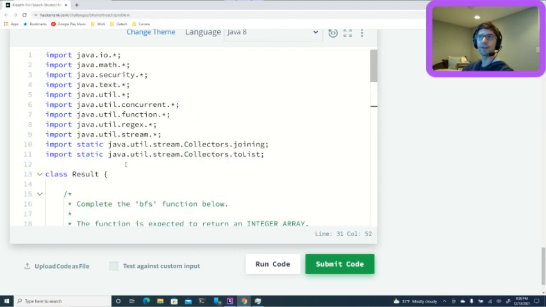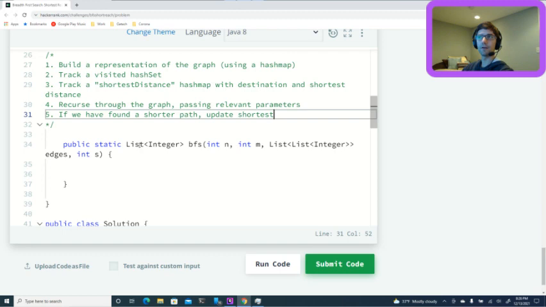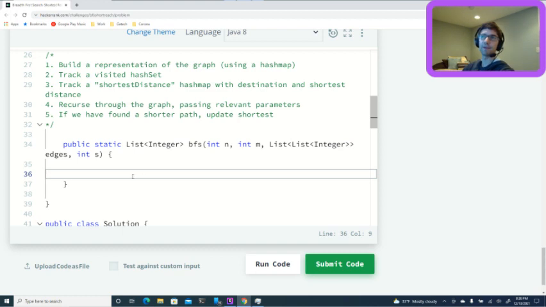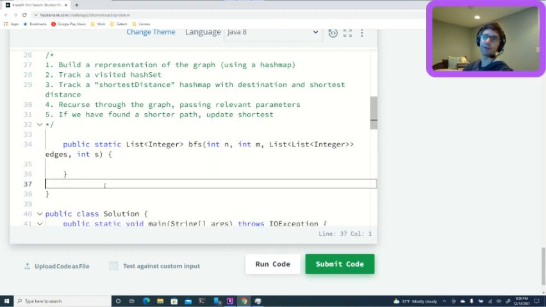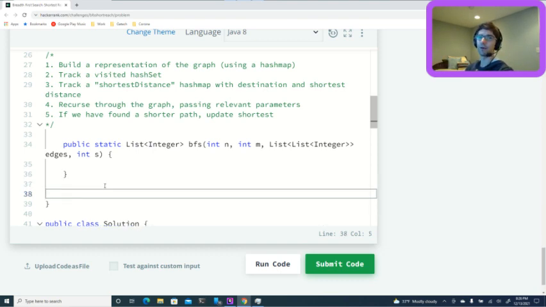And it doesn't say anything about returning the actual path there. It's just asking for distance. So that kind of makes this easier because we don't need to keep track of the list of nodes, we just get to track the distance. So let's go with a static